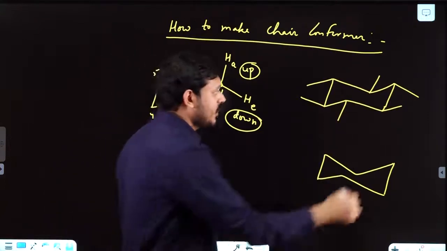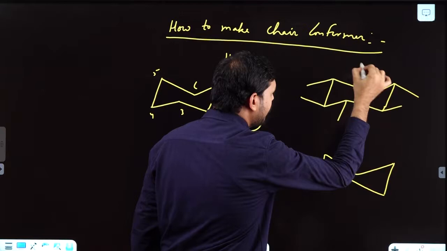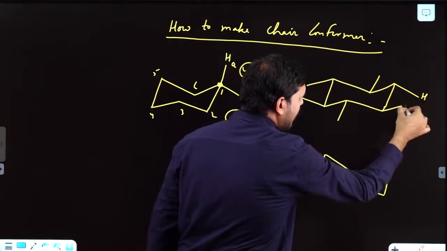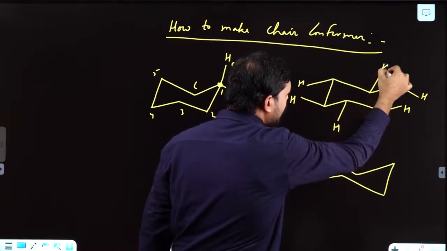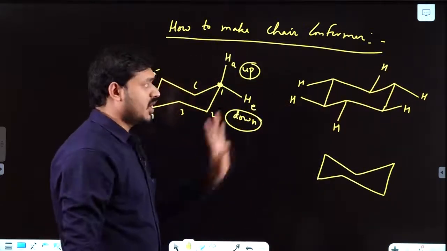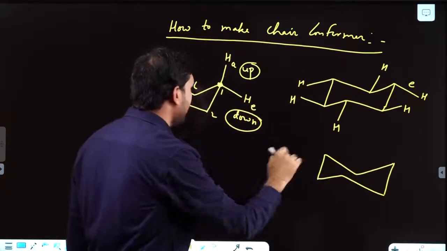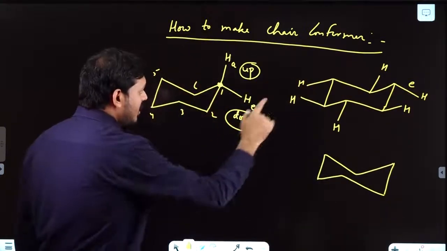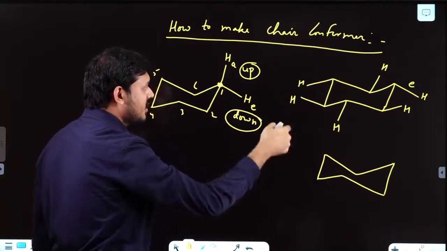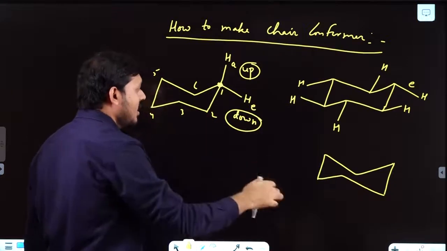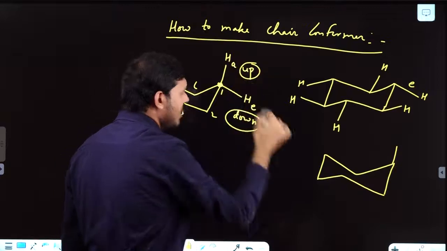Again I am repeating, down, up, down, up, down, up. Now this is hydrogen, equatorial, hydrogen, equatorial, hydrogen, equatorial. So all these hydrogens are in equatorial positions. Clear? These are all equatorial part. Now I am drawing axial part. Here I started with downside and repeated on alternate positions, up down like that. Again I will start here with up positions. As you can see, up position is your axial part.